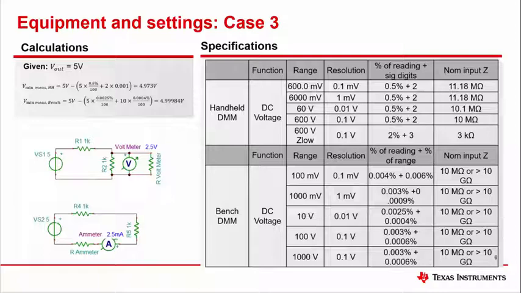Special attention should also be paid to the internal resistance of the measurement instrument. As can be seen in the specification table, the nominal input impedance for the bench DMM can be selected to be bigger than 10 gigohms, but there is no option to do this on the handheld DMM. A high input impedance for voltage readings is desirable in a DMM, as to not load the circuit you are trying to measure. A low resistance is desirable when measuring current as to not cause big voltage drops and consume substantial power.